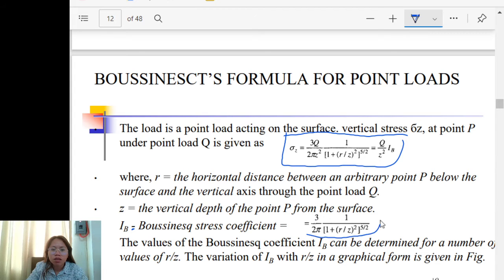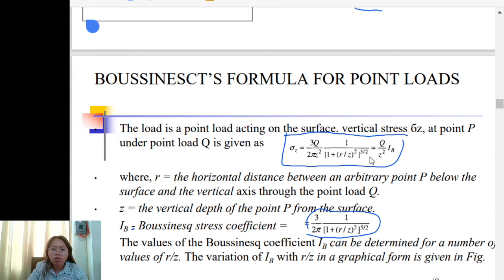So if you look, this will be simplified as this: Q over Z squared times I sub B, where I sub B is 3 over 2 pi times 1 over the quantity 1 plus R over Z squared to the power of 5 halves. So the value of the Boussinesq coefficient I sub B can be determined for a number of